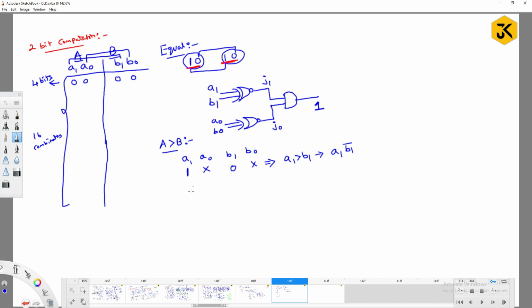And is there another possibility? Yes. Observe, when these two numbers are equal, A1 is equal to B1, then A0 must be 1 and B0 must be 0 to define this as A greater than B. Okay, fine. Now try to observe how you can write this expression. Simply, I am trying to write orally. So here A1 and B1 are equal, which I can say as